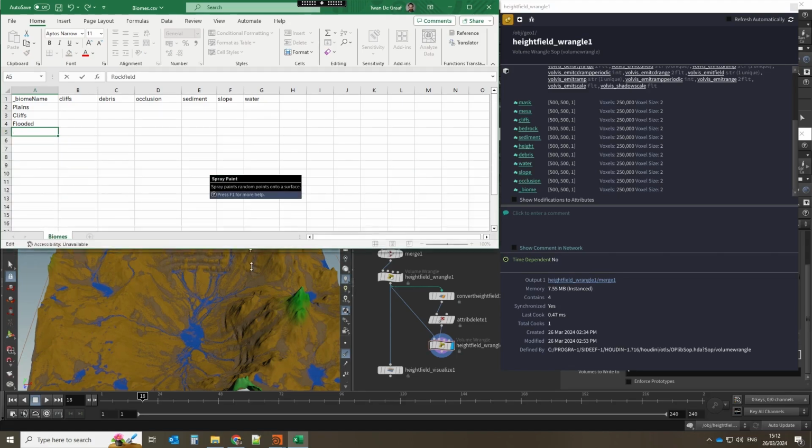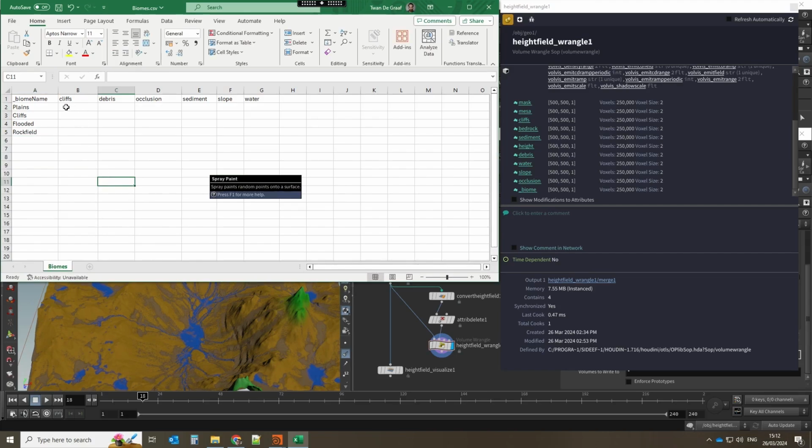Okay, so now what I'm going to do is put some values here that make sense relative to these biomes. So for example, flooded is going to be a lot of water,